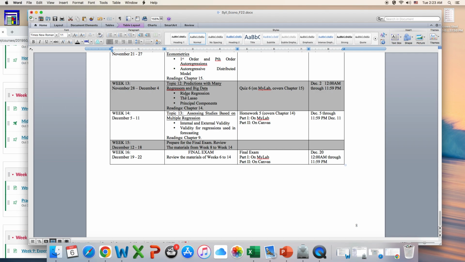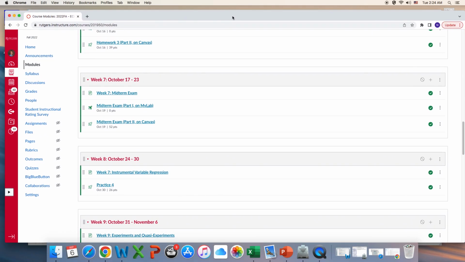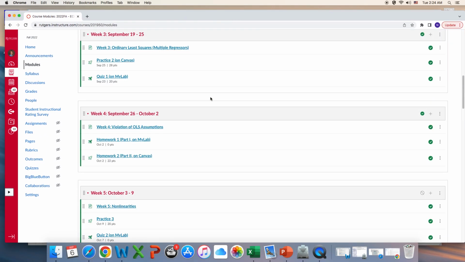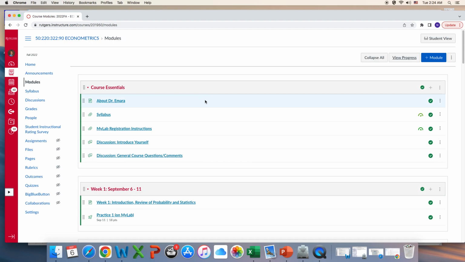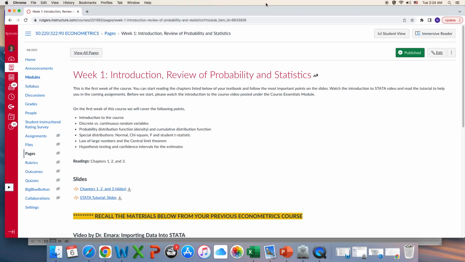Again, each topic is a module, so you will see a copy of it here, but it's written in a different format, but it's the same. All right, so this is basically it. Every time you have one of these modules, make sure that you click on the week. And then what I have here is, because I know some of you haven't seen Stata before,